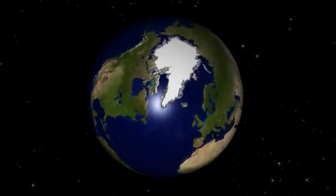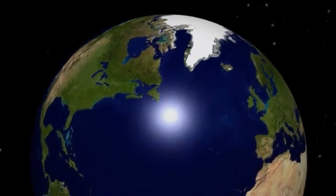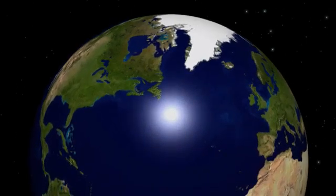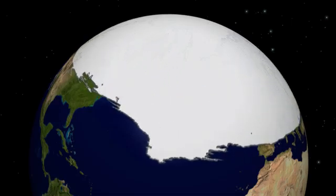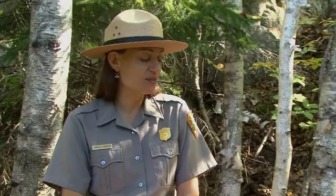Eons of time passed before the next significant geological event shaping Mount Desert Island arrived. Massive continental glaciers. Several hundred million years go by, and the rocks that were laid down during those different environments and intruded with the granites start to be exposed to the elements. Several hundred million years of erosion. And then, only in the last couple million years will you have the action of the glaciers coming through to get that final polish. But it's an undeniable presence of glaciers that you can see here at the park, with rounded